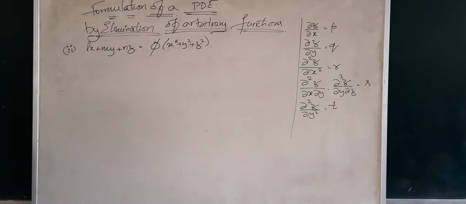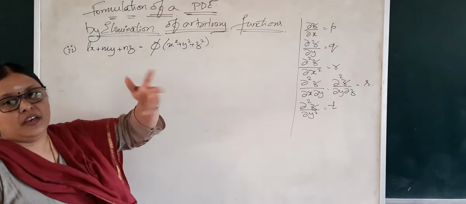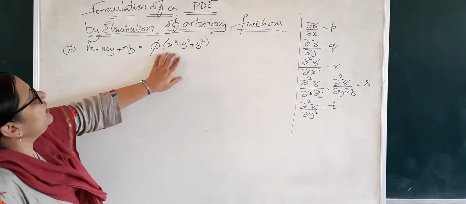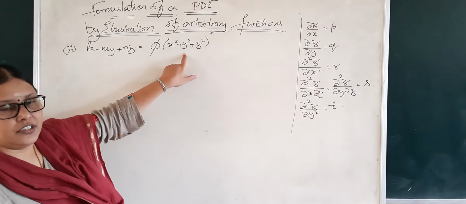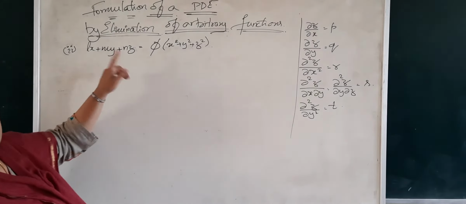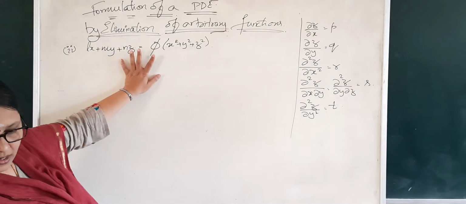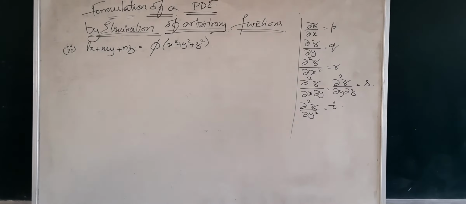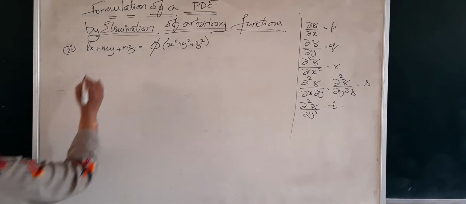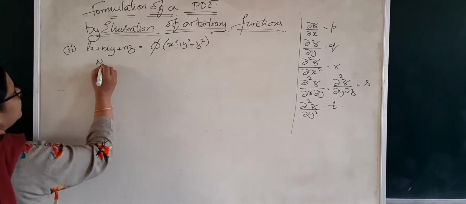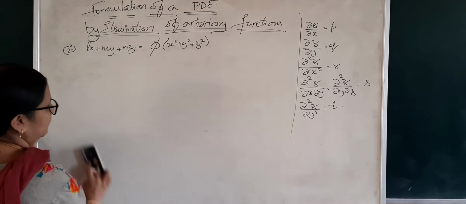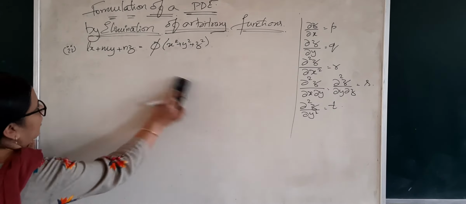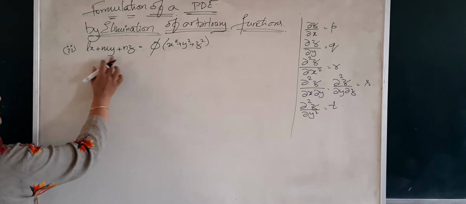Okay guys, so this is the question. And here, where is the function? Every time f should not be the function. Here in this case my function is phi. Phi of x, y, z is a function where z is again a function of y and x. That's how it is. Alright, so how do we solve in this case? Here also we have to consider first the partial derivatives with respect to x and y. Always remember z is a function of x and y.